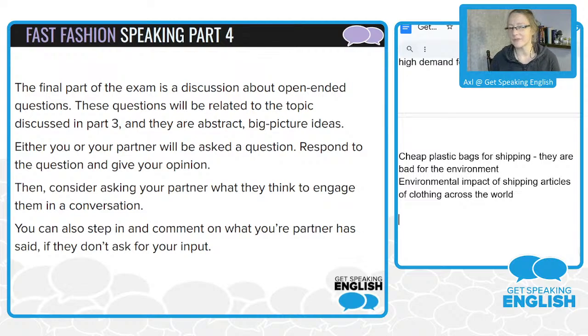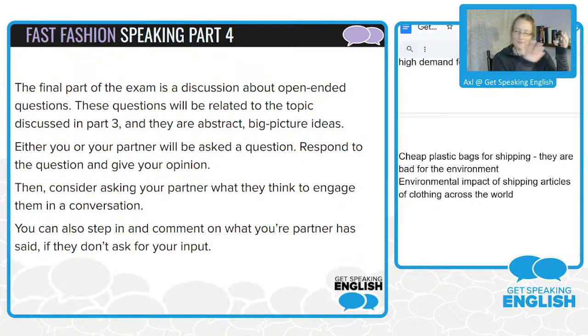Just a quick reminder about how this works. This final part of the speaking paper is a discussion between candidates. So you're always doing the exam with another candidate, possibly 2 other people, but this is basically a conversation. And these are very big picture, abstract